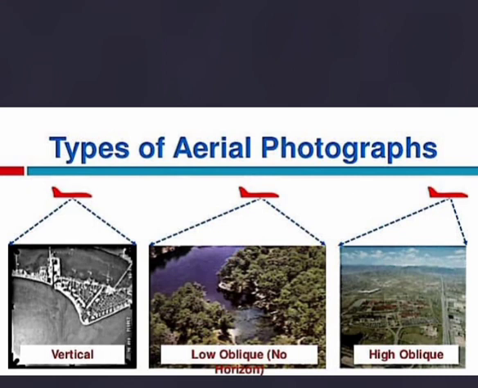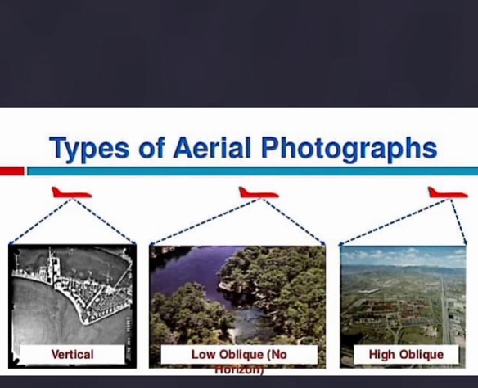So here you can see the different types of photographs, right? Now basically you can classify the aerial photographs based on the verticality to the ground. You'll be having vertical photographs, tilted photographs, oblique photographs. Based on the angle of coverage, you'll be having narrow angle, standard or normal angle, wide angle photographs, and super wide angle or ultra wide photographs.